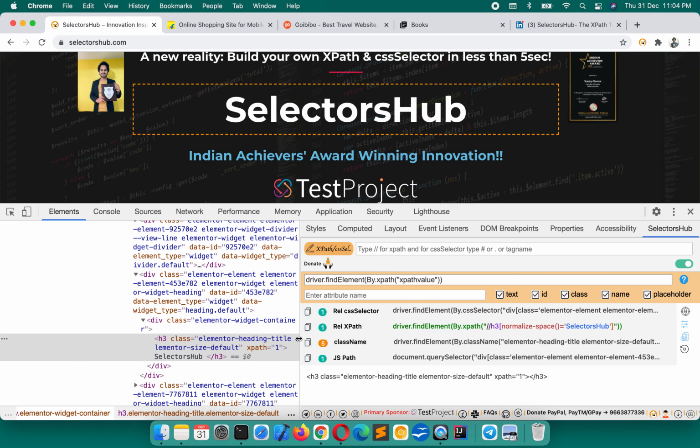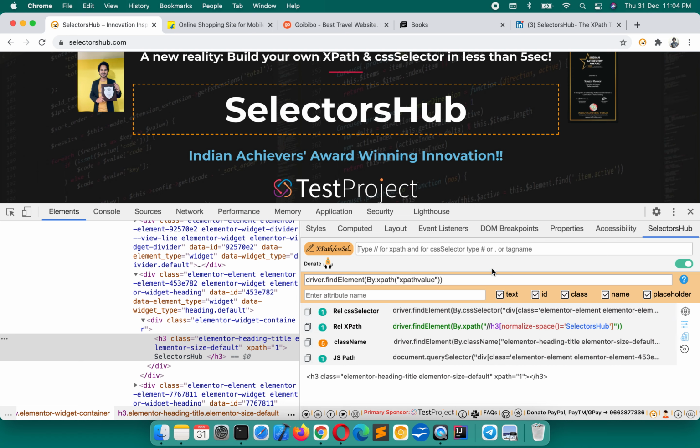To copy the value, you can click anywhere here to copy the respective value. If you want to edit anything in this value, you just click on this. It will copy and paste here, and you can edit that value. So this is really simple, and you need not set this command again and again.